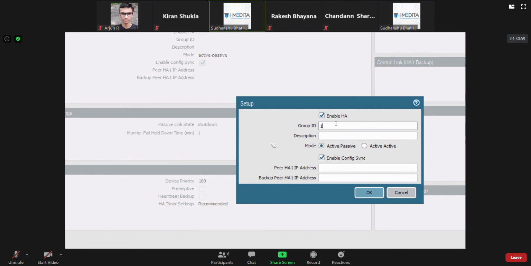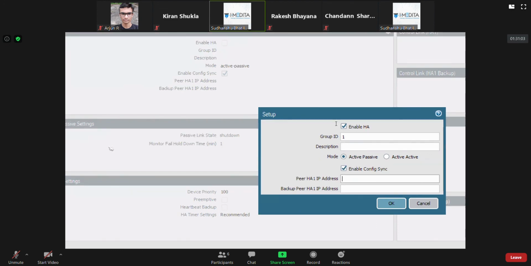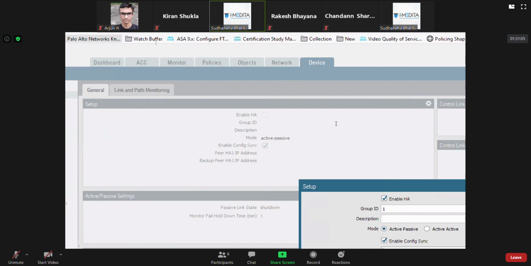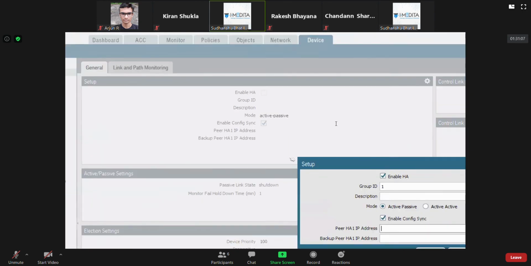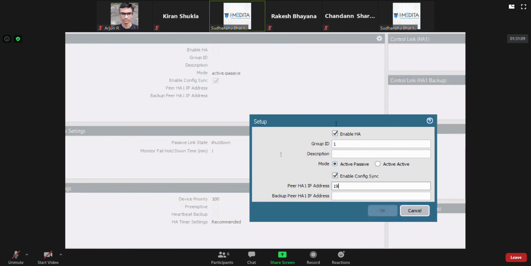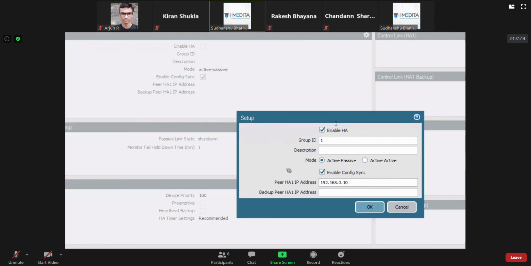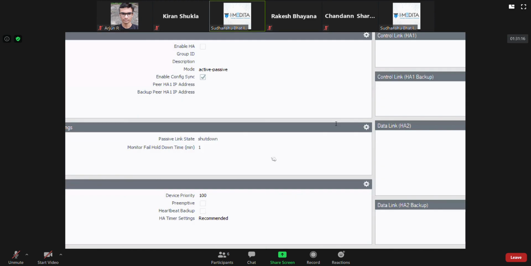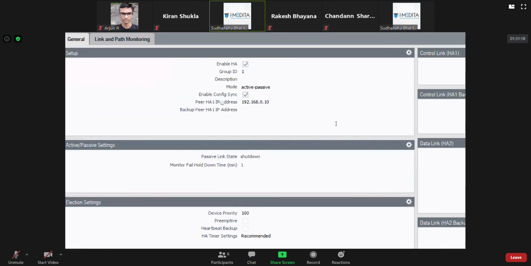Mode is active passive. And what is the IP address of the other firewall? I am currently on 0.13, so the other firewall's IP address is 10. Okay, so I'll click OK.